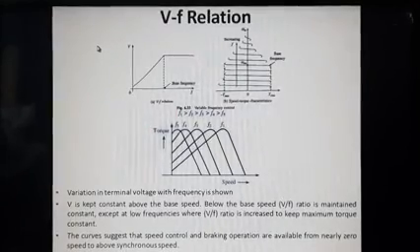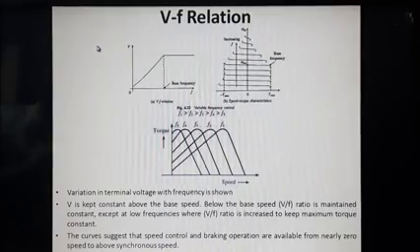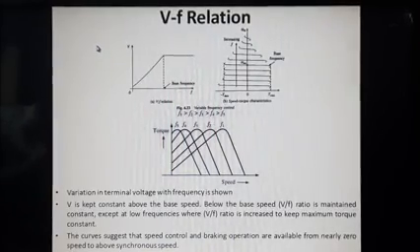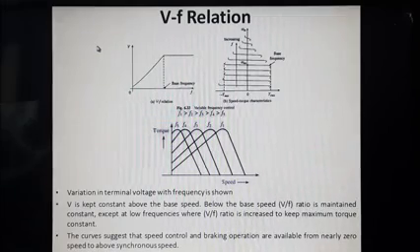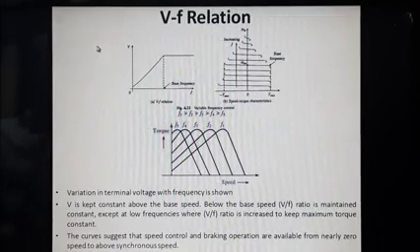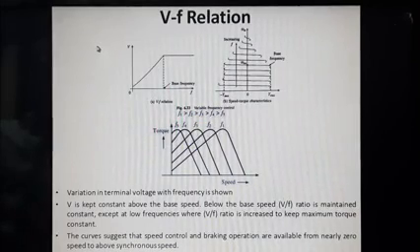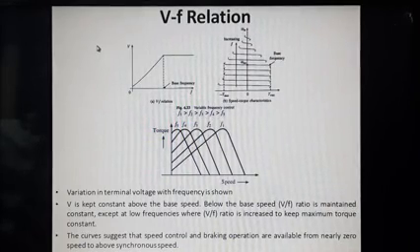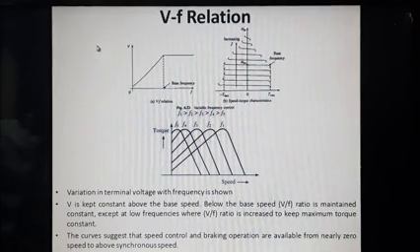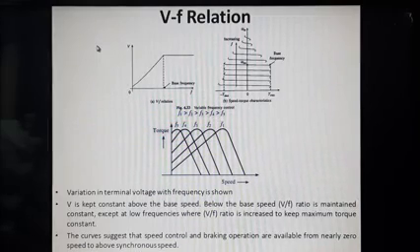So I am summarizing this V by F method of speed control, just summarizing all the points we have told. This V by F method of speed control is actually the effective method of speed control, compared with simply varying the frequency and changing the speed, because the major disadvantage of simply varying the frequency was that if you are trying to reduce the frequency below the base frequency, definitely the induction motor magnetic characteristics will be shifting from the knee point to the saturation region, which creates undesirable effects.